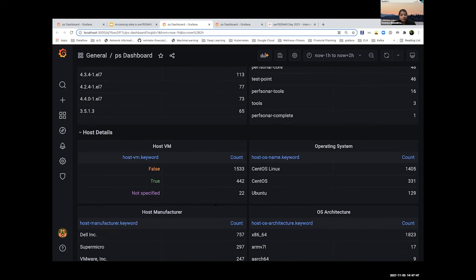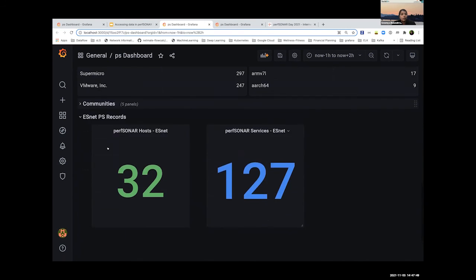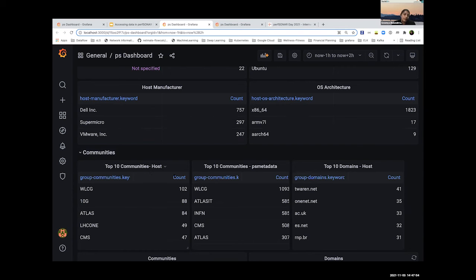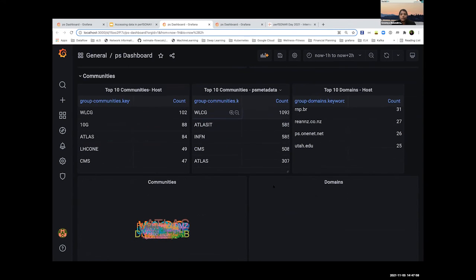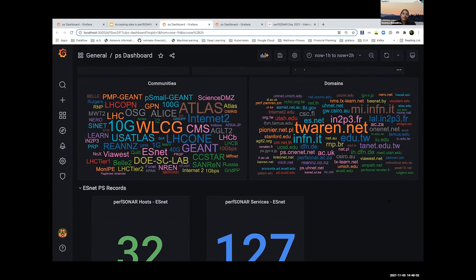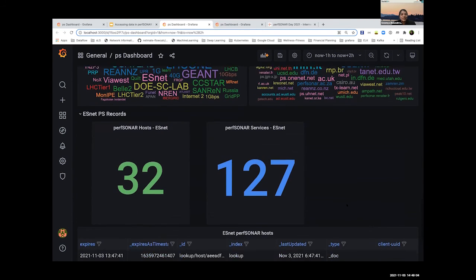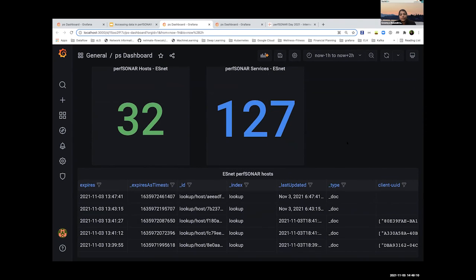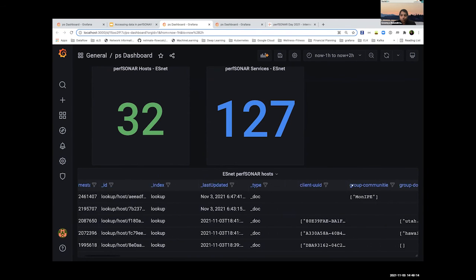You can also build some cool visualizations based on communities. Like you can look at the top 10 communities, top 10 domains. And there's also a word cloud plugin if you want some really fancy visualizations. And then here is the ESnet specific, the organization specific one. And here you can see that it also supports